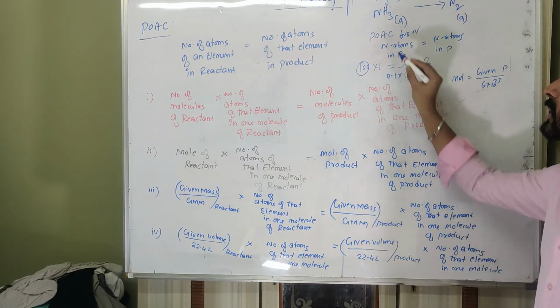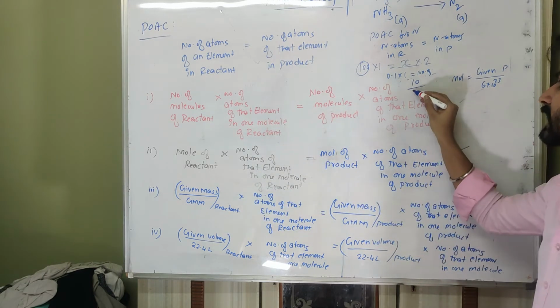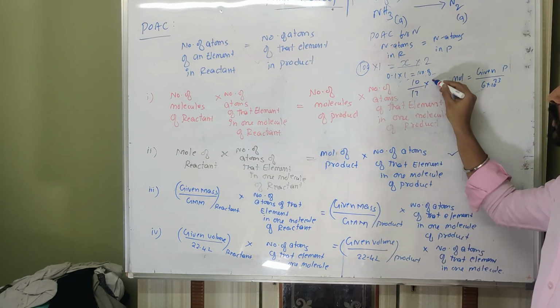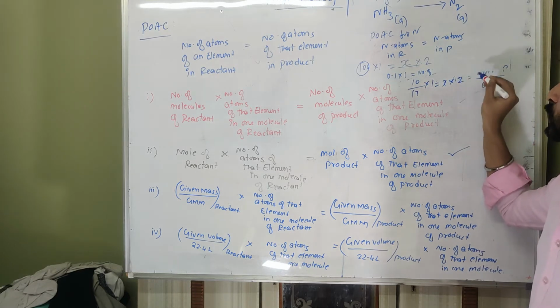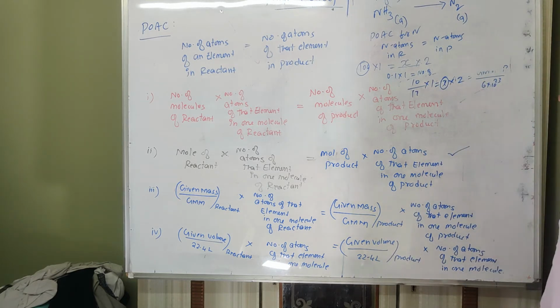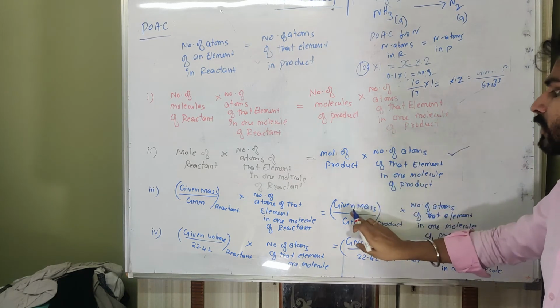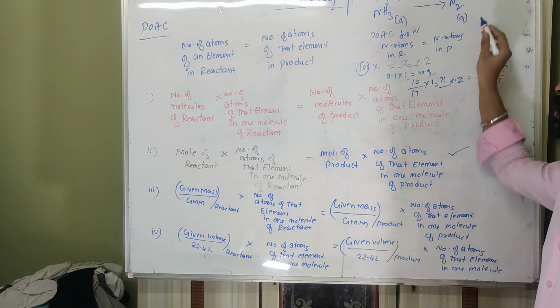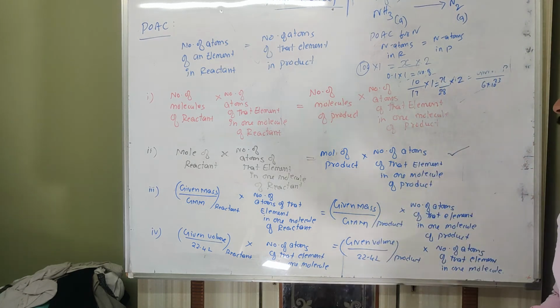So then this 10 gram divided by gram molecular mass, that is 17, into number of nitrogen is 1, equal to X into 2. So this X is mole. Directly you can get mole there. If you want to get mass, then you can go for X upon nitrogen is 28. So now you can get the amount of grams of N2 formed there.